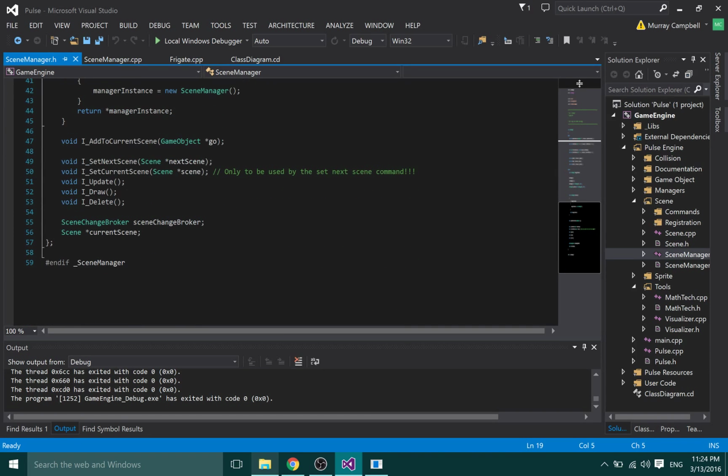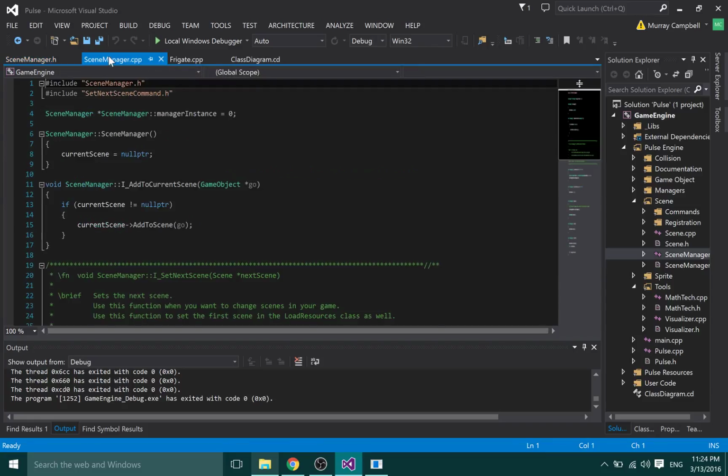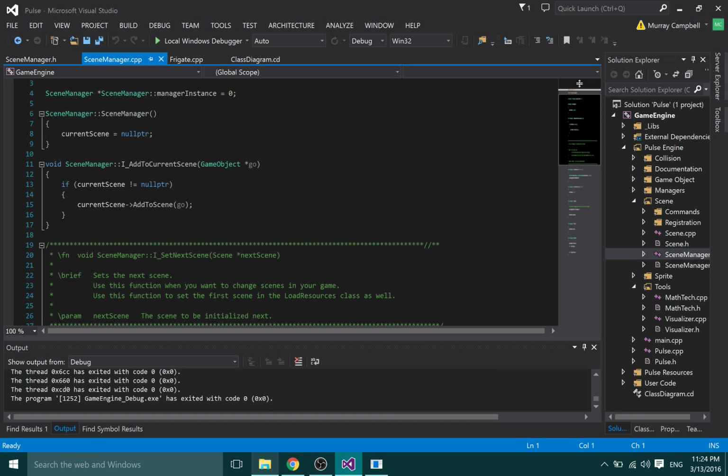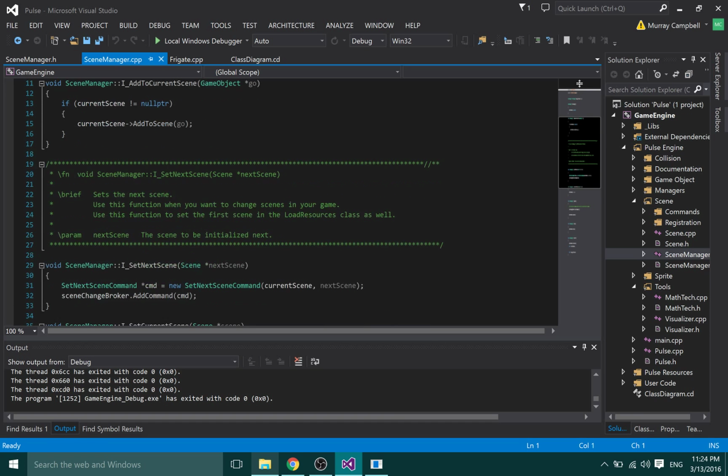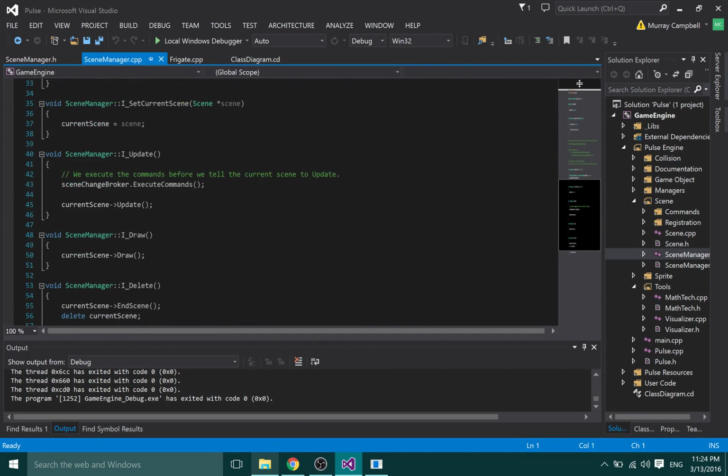It also has a scene change broker, which is basically a command pattern that allows the offloading of scene changes. So there's that. Let's see. We can take a look at